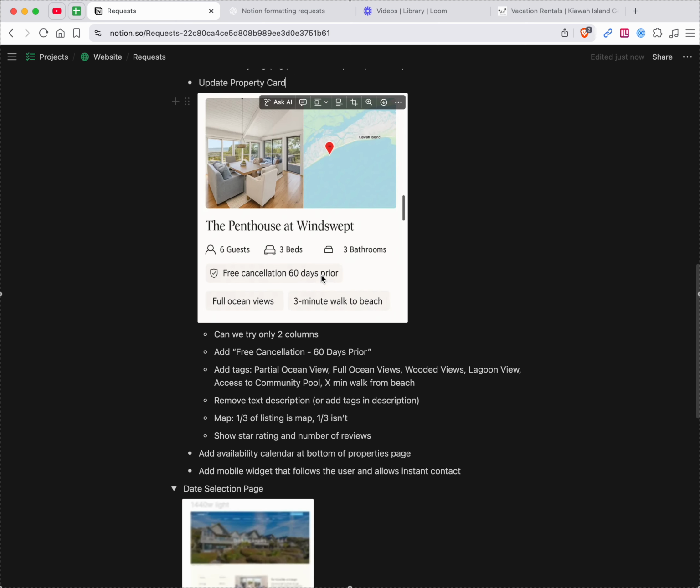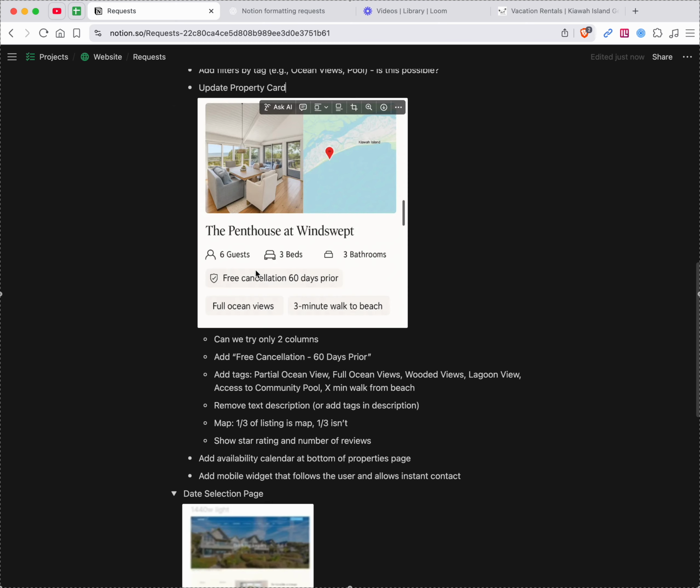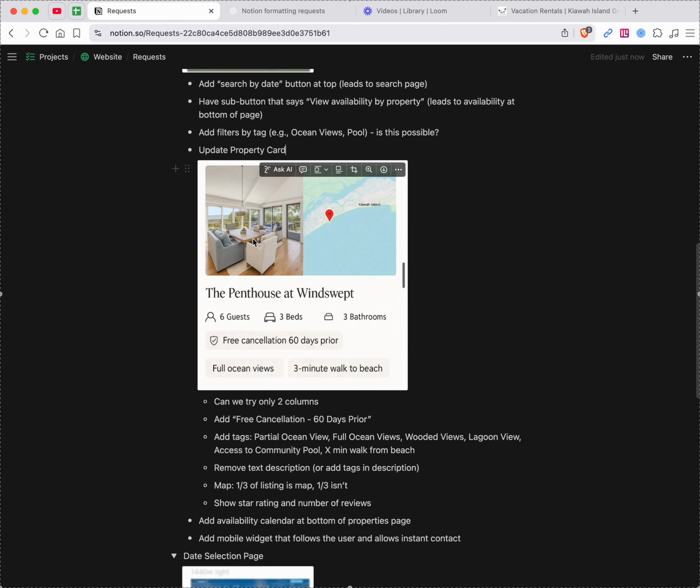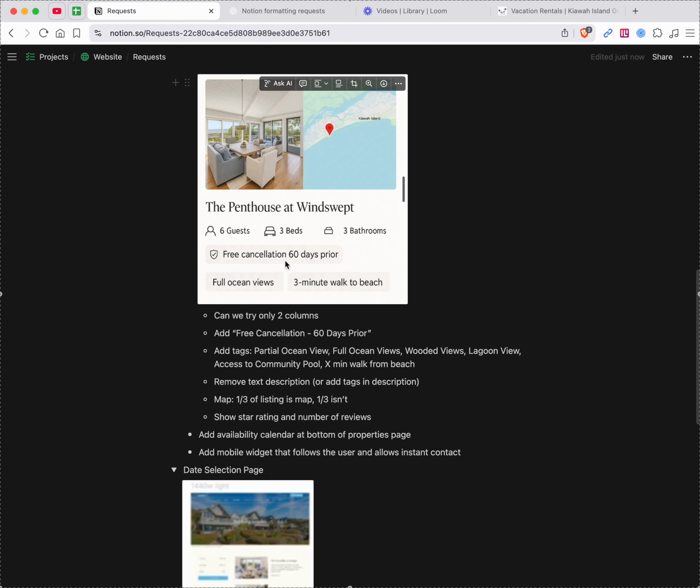And it would also be nice to have, I see right now we have 3 columns. I think it'd be cool if we had just 2 columns, because that way there would be more room for each property, because we don't have a lot of properties. Might as well space them out and make it seem nicer. So maybe we could just have 2 columns, and then if we could add this free cancellation banner below,